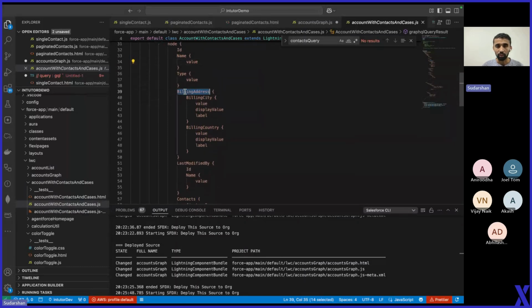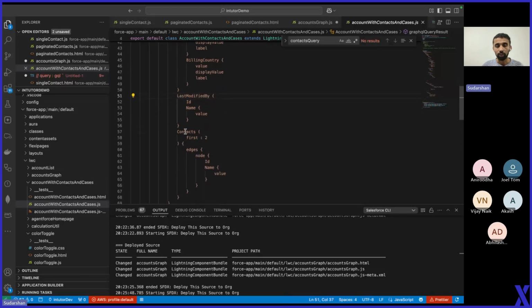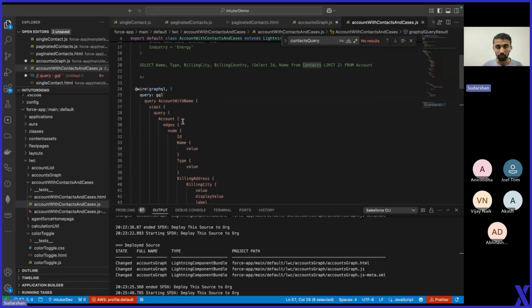Likewise, for all the other compound fields or relationship fields, we will put a query. And when we are doing a child or children relationship query, it is similar to what we write in the parent query. If it is a parent query also, we can pass the required parameters using this,